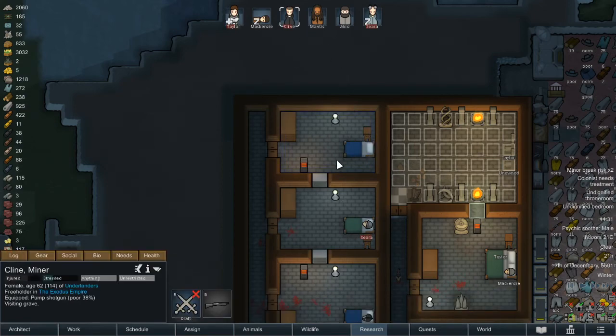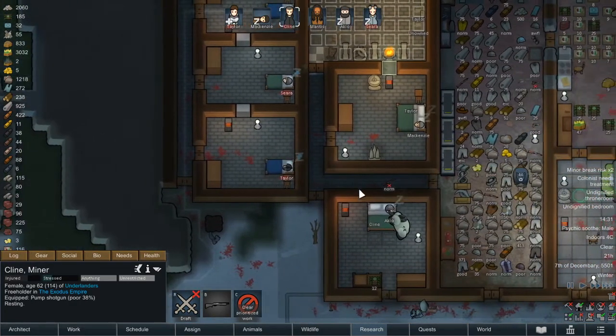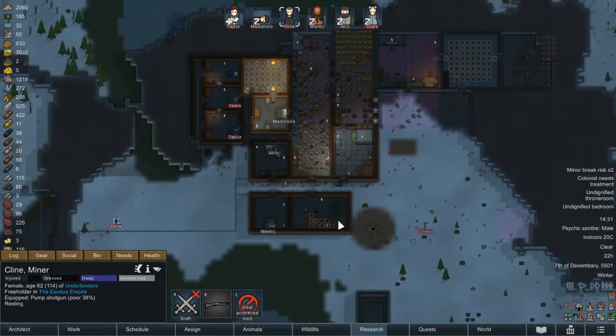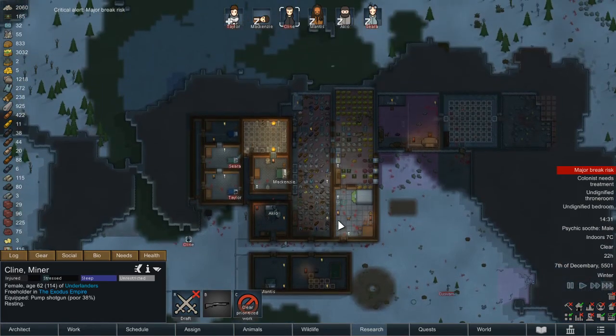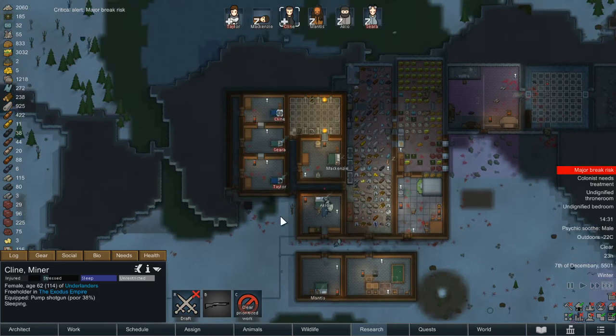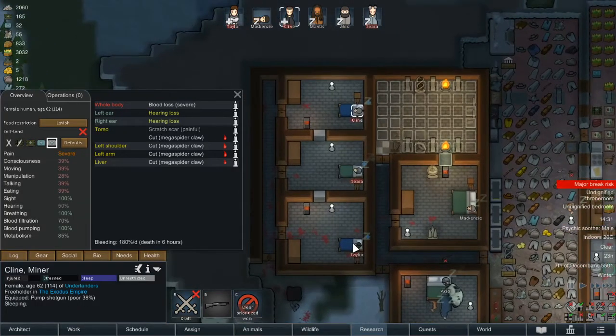Medical, Klein, here you go. Go in there. That's even more mechanoids. I'm probably gonna actually, when I get my machining table, start taking them apart for their scrap, because we're getting to the point in the game that we're actually getting... why does it not say... because it's not saying,